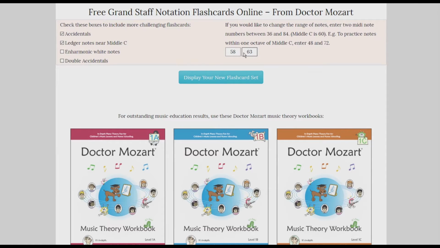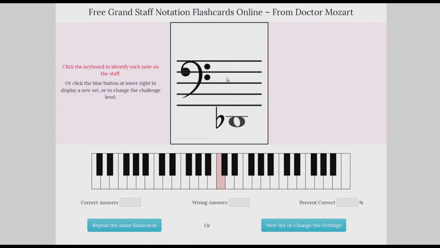Now, just to be clear, I can choose a range of notes that's say 36 to 40. I can do that. Oops. 36 to 40. Here we go. I'm going to display those notes now, and you see we've got a D flat. We're only going to get some very low notes here and nothing else. Here's a D. Here's a C,